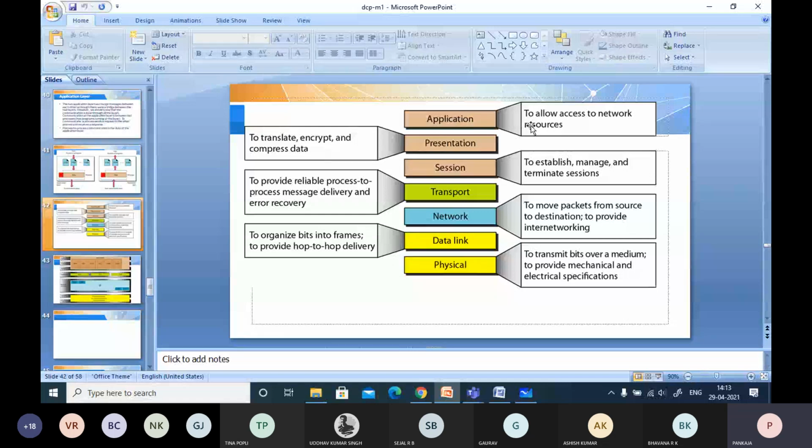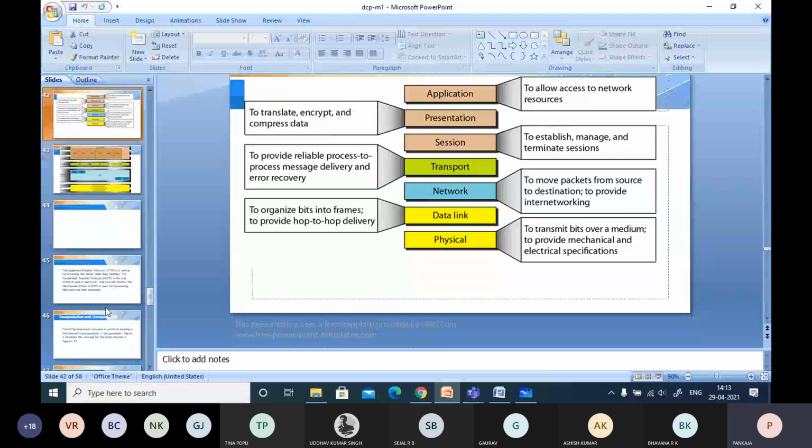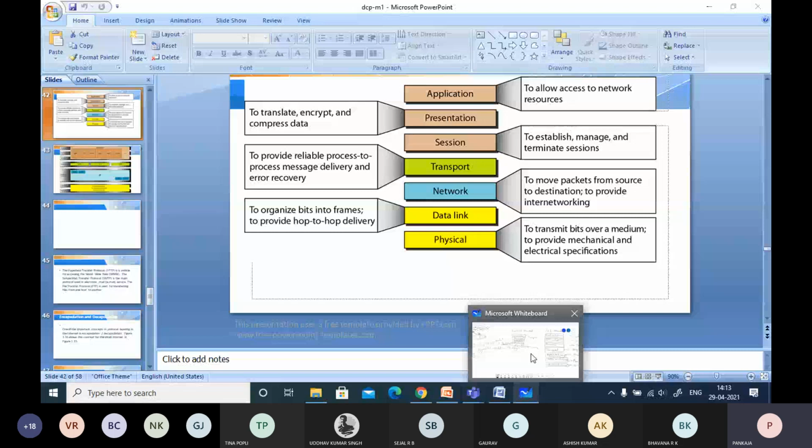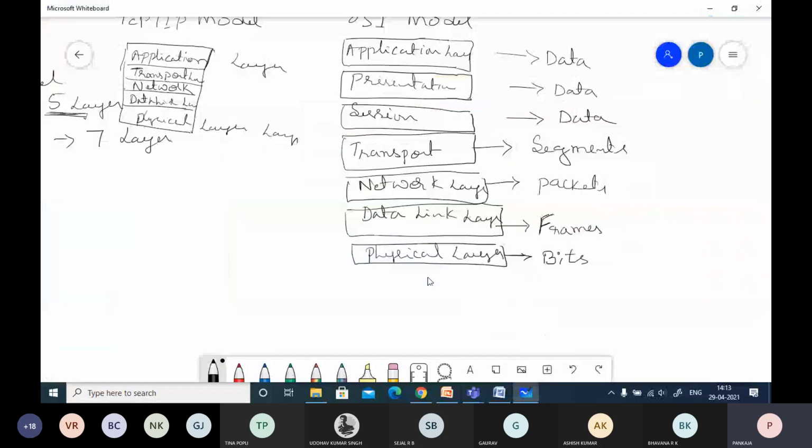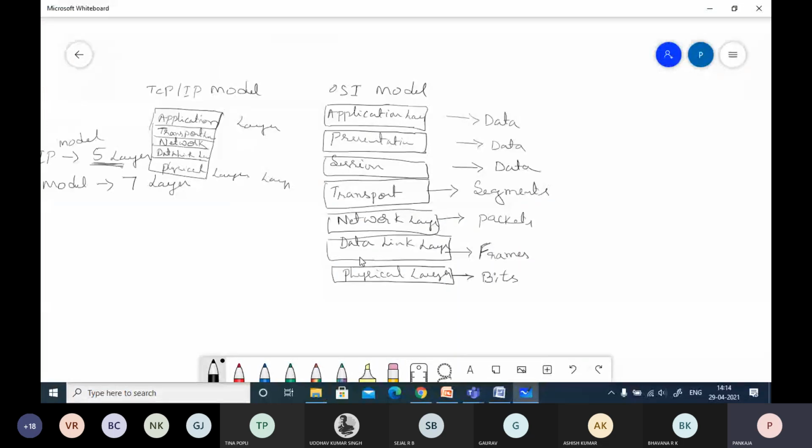And the application layer is going to allow access to the network resources. So that finishes all the layers. Now there is one more piece of clarity people need to have, which is the type of addressing used at each layer. Mainly this layer, and also this layer, and also this layer, what type of addressing mechanism are we using?